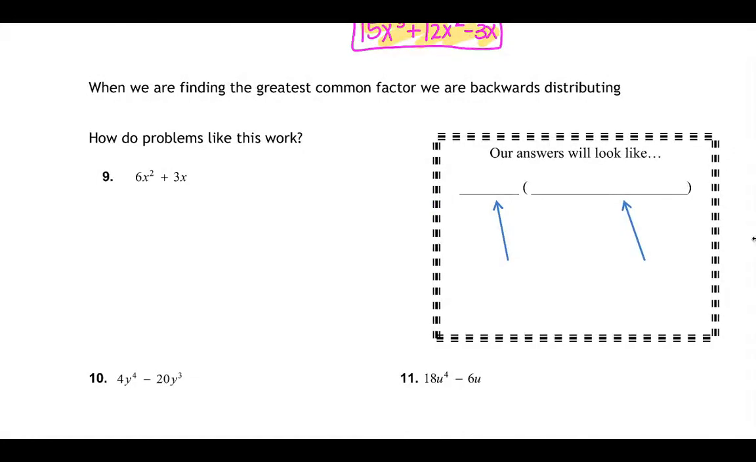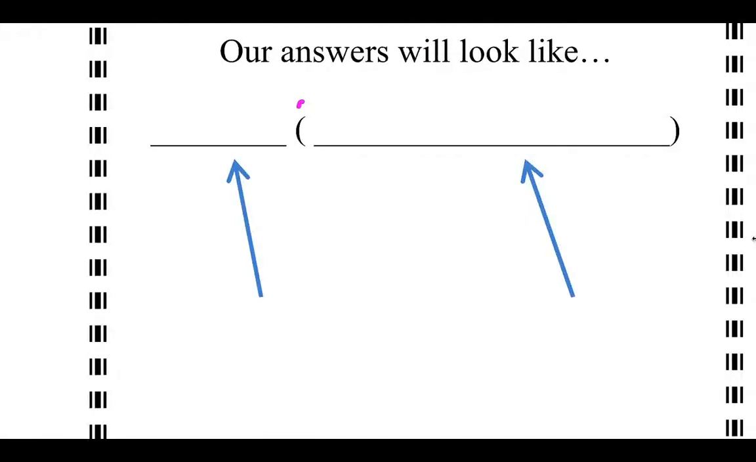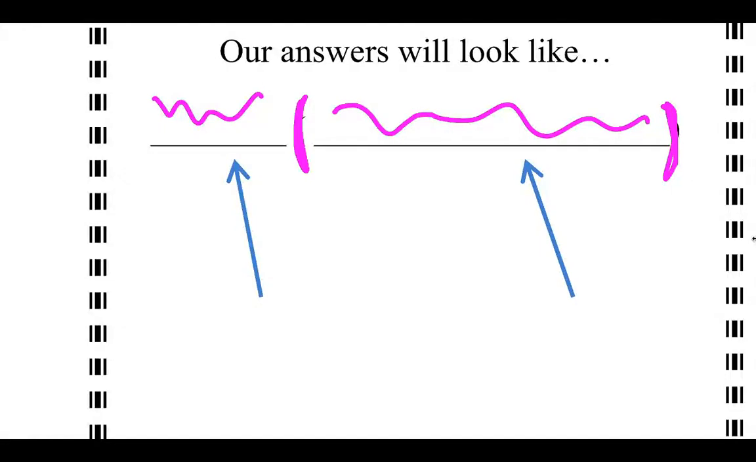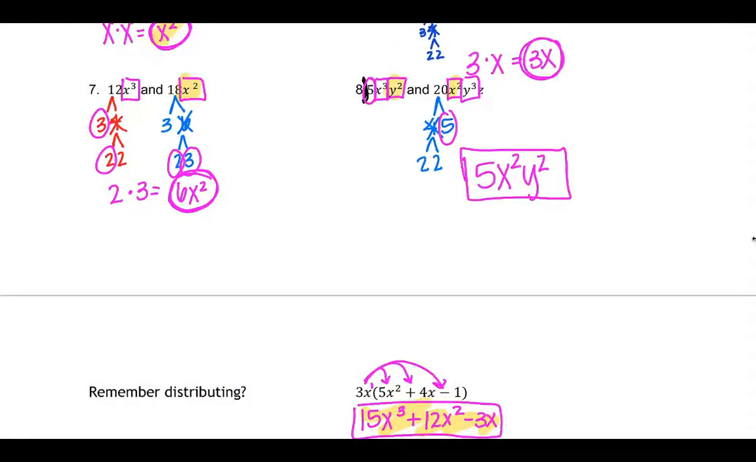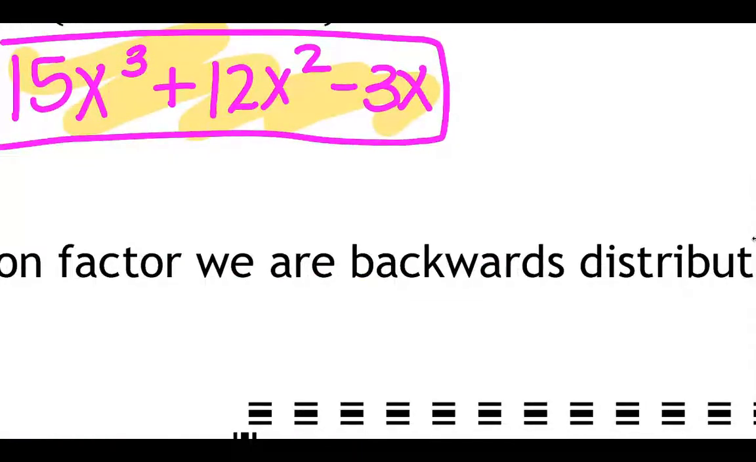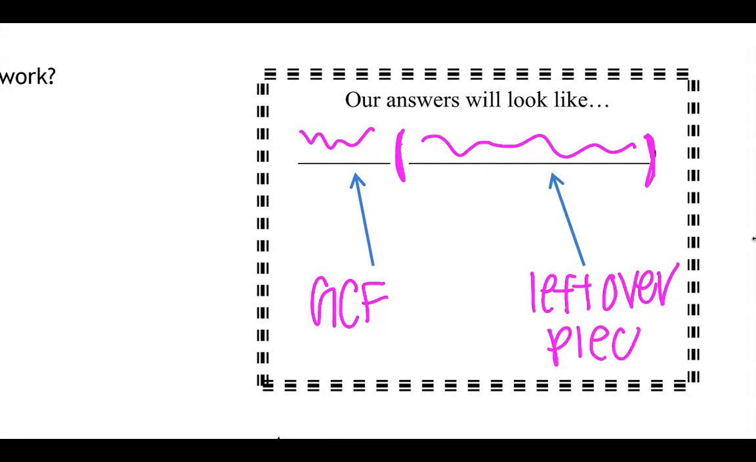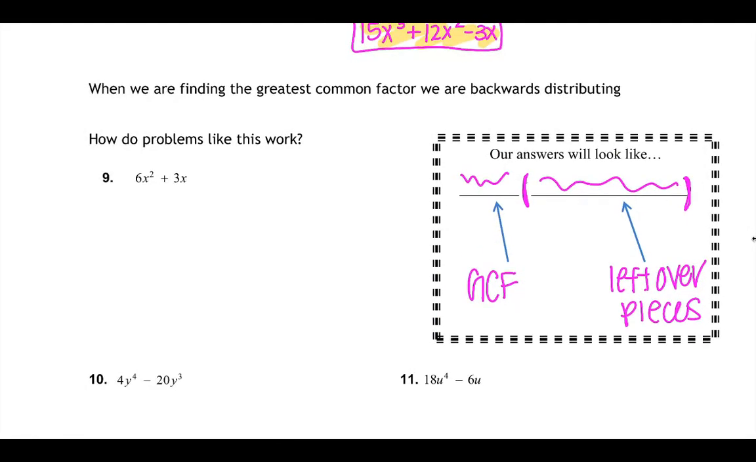So this is how the problems work. This is what our answers are going to look like. You're going to have these parentheses, all this stuff on the inside, and some stuff on the outside. The stuff on the outside is your GCF, just like we were finding on the front page. This was what would go on the outside of those parentheses. The stuff on the inside is going to be all your leftover pieces. So anything that's left over goes in the parentheses to distribute. So let's look at